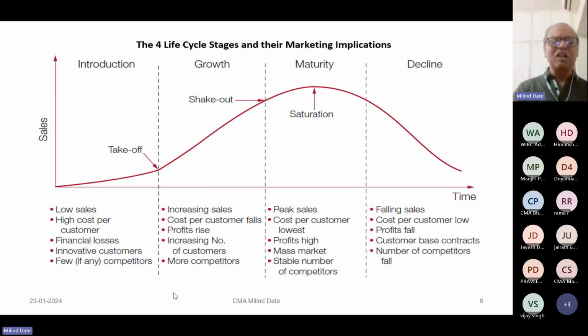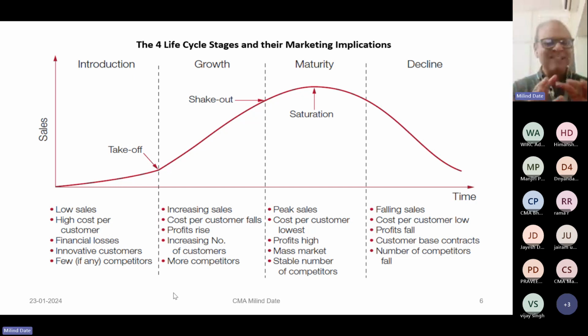And when the technology starts becoming older or new products start getting introduced, the existing products' life cycle stage would soon fall into a decline phase. Costs will start rising, but sales also will start falling. Profits will therefore be challenging to maintain. Customers may move from your product to more advanced products. Your competitors also may start leaving the market. So these are the things that could happen.